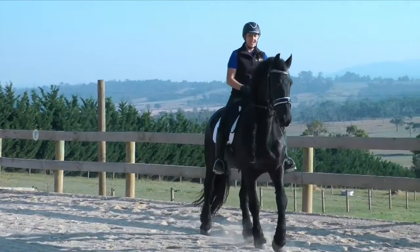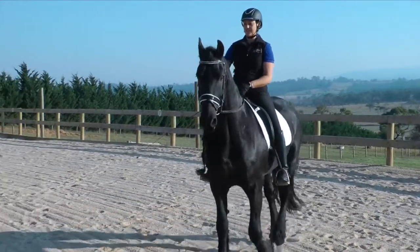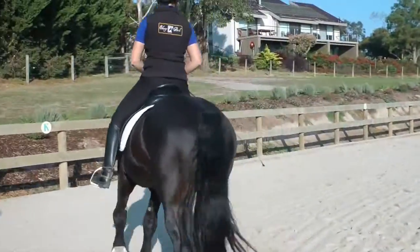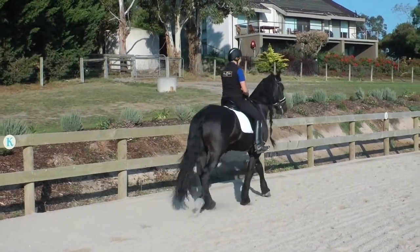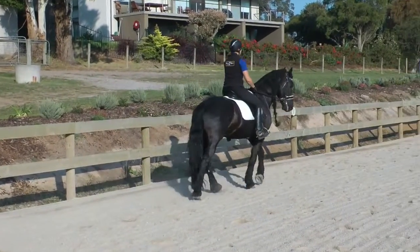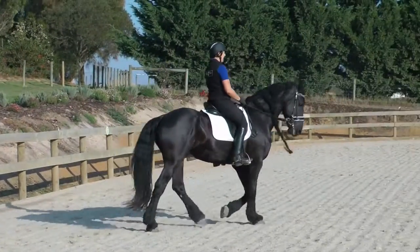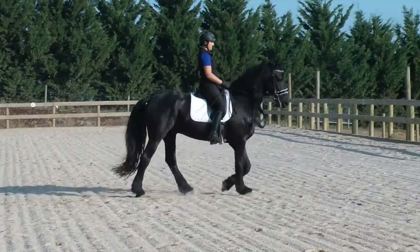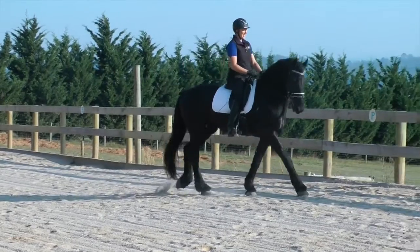So the answer is to ride legs into hand, and you have to do it in a very certain way. If I just start using my legs, he's trotting. Now, I don't want him to trot. I want him to lift his back, engage his hind legs, and obviously then come on the bit and make his neck all look pretty. To do that, I'm going to use a little bit of leg, and then I'm going to half halt in the outside rein and a little bend to the inside if I have to,